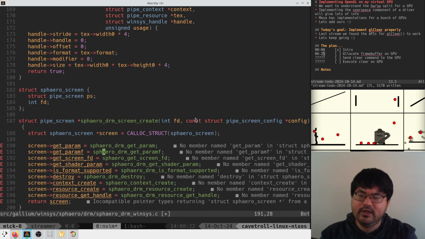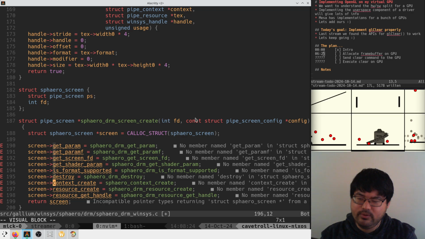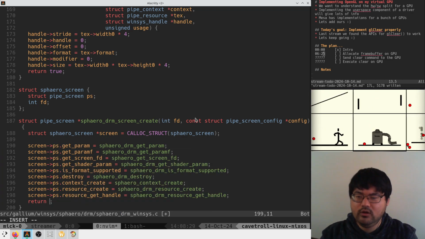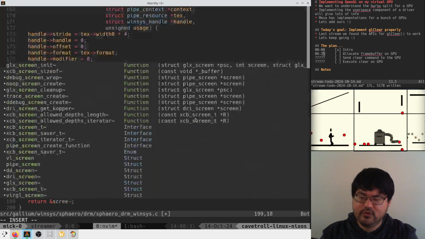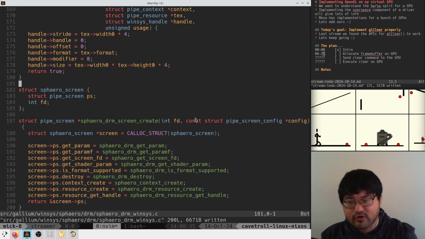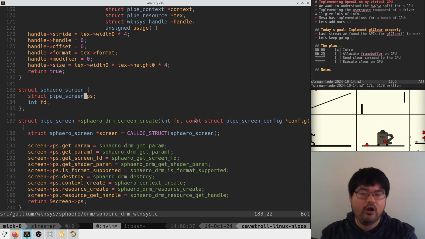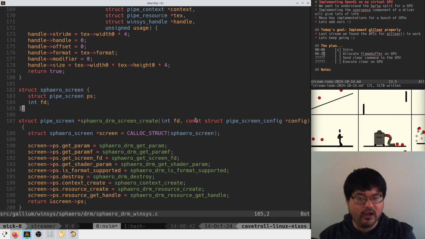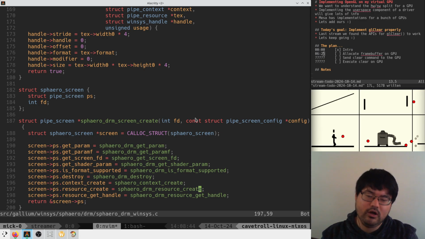And what we'll do is all of our base class stuff we'll put here, like this. And then we will return the base class. Since this is the first argument of our structure, in all future calls where they pass us a pipe screen, we can just cast this back to our guy, right? So when we go into DRM resource create now,